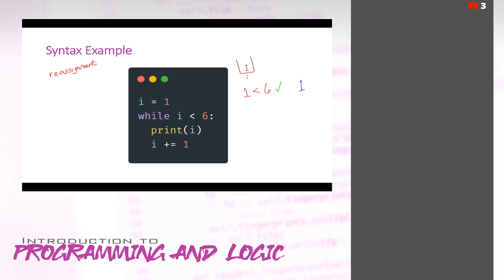So if I were to expand this out, it would basically be like saying i equals i plus 1. So that's our shorthand in this instance.